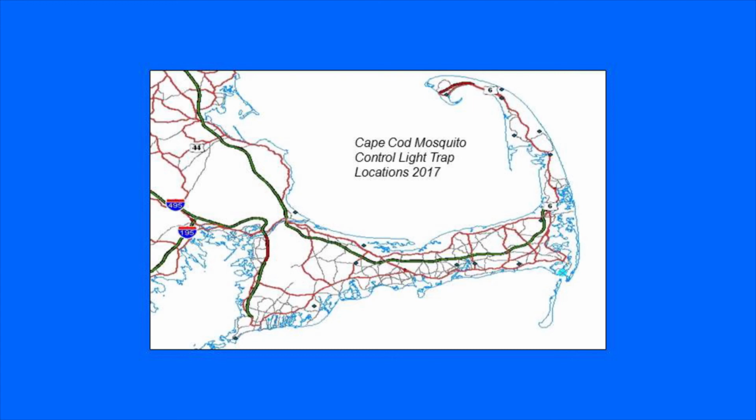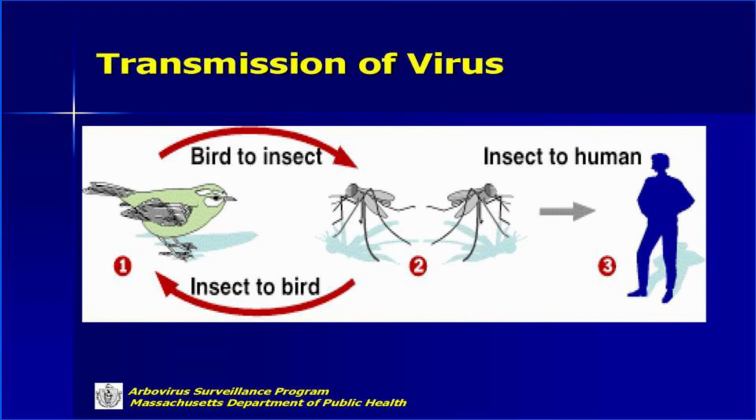It's nice for me because I can't do any work there, and so I can take a look at what's happening in places where we don't do any work and compare it to the places where we are doing work to see how effective our program is. So that's one of the reasons we're putting out traps. The other reason we're putting out traps is we're running different traps to look for the different viruses that are